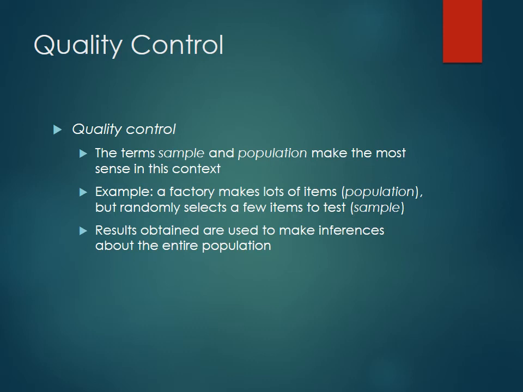So the first thing we'll look at is quality control. So in this circumstance, say we're looking at what would be our population if we were doing quality control on something? Anyone think of an example? Medication, drugs. Oh, that's a good one. Okay, so say you're producing medications, say you're producing tablets, right? And so your population would be all the tablets you're making, right? So what would be your sample? Individual ones that you picked out of there.